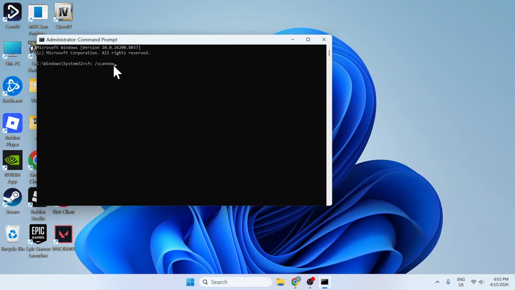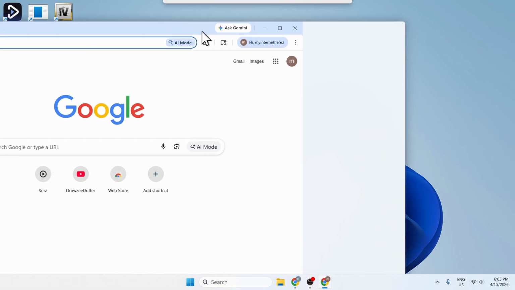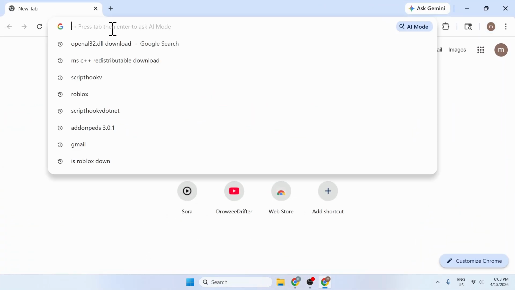Then write the second command, sfc /scannow, and press enter. This might take a few minutes, and once it's done, it's going to scan through your computer and make sure it fixes missing folders and errors. Once this is done, try restarting your computer and see if this fixes the issue. If you're still having issues, then go to Google Chrome here, and type in